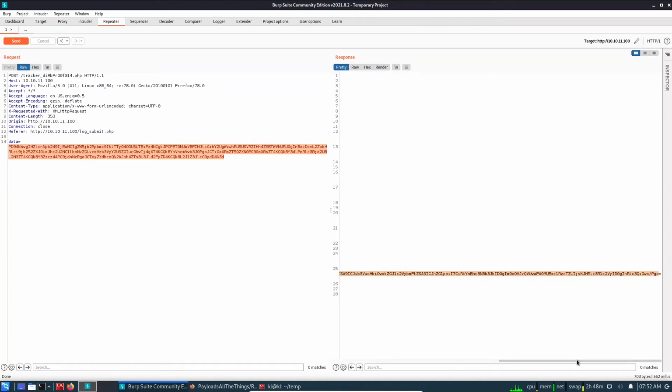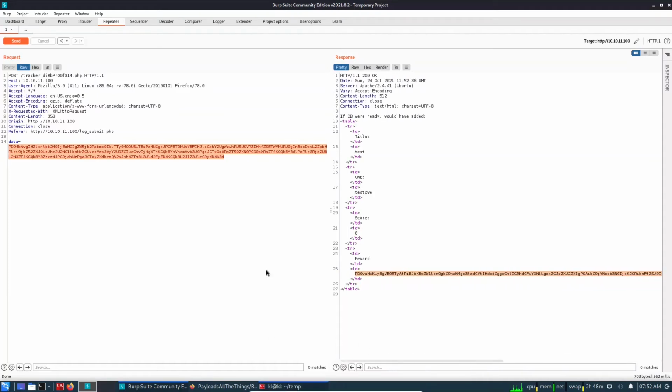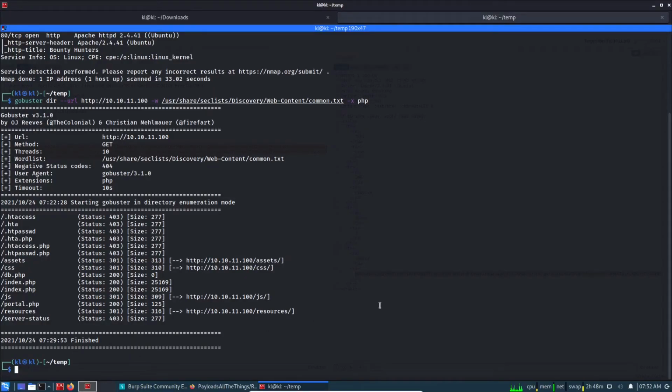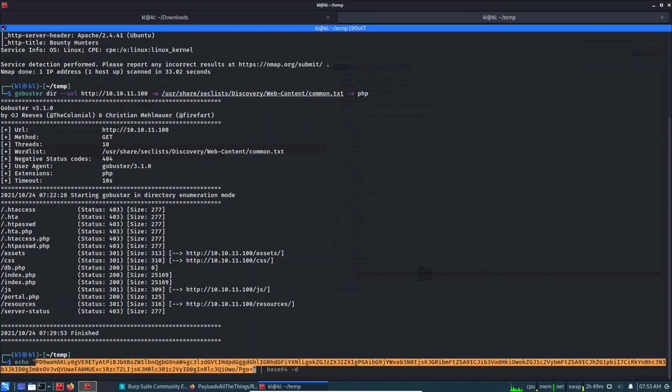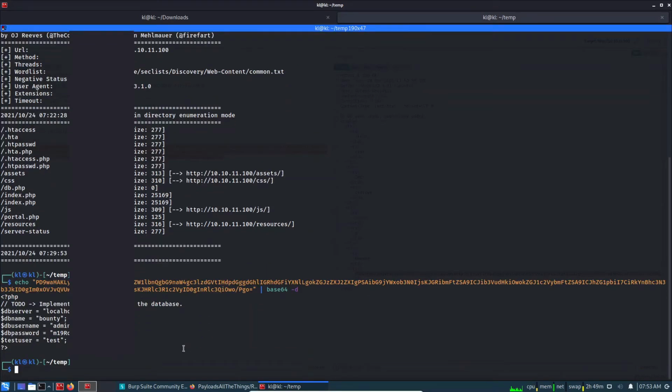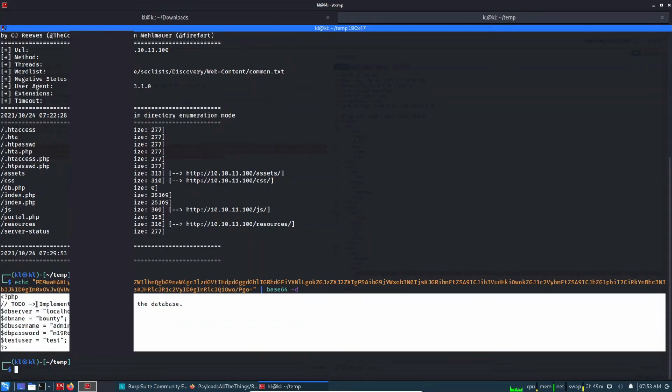So select all and scroll to left, everything is selected. Let's go back to our shell and let's check if we see anything else apart from the things which we have already discovered. db.php response is 0 and portal.php/resources, so nothing new. So let's paste it here and let's use base64 -d to decode, and we can see this is the PHP code and